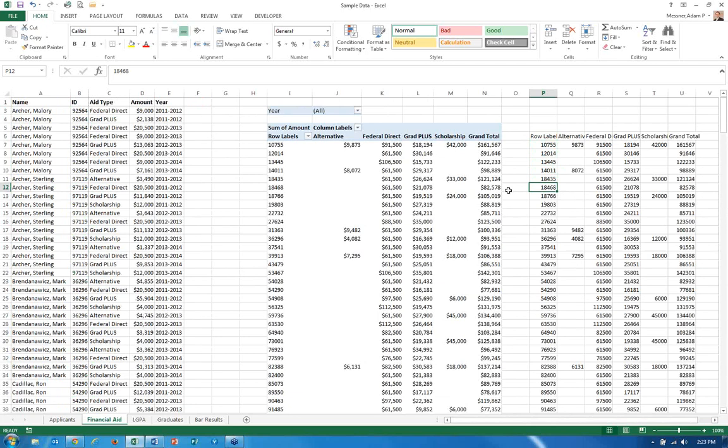If you're using a unique identifier that is a number, and you've got one area where the ID number is formatted as a number and the other area where the ID number is formatted as text, you're going to get an error. And that seems like kind of a disaster, but it's actually really easy to fix, and I'm going to show you how. So on the financial aid sheet, what we'll do is select